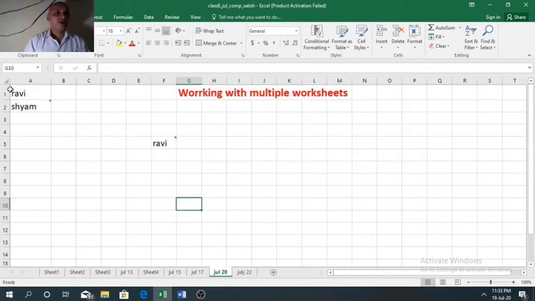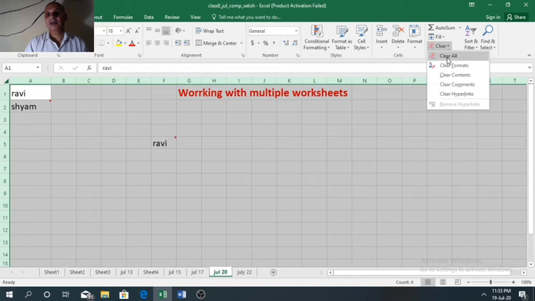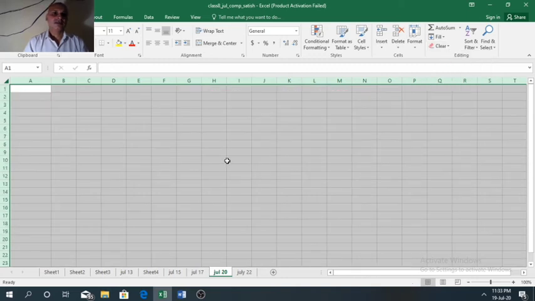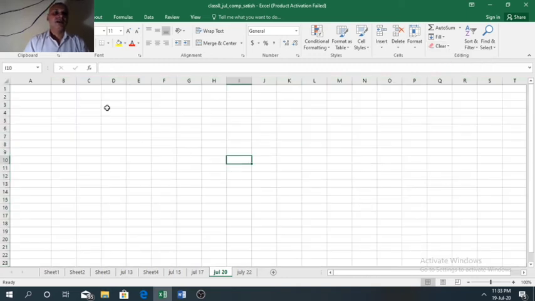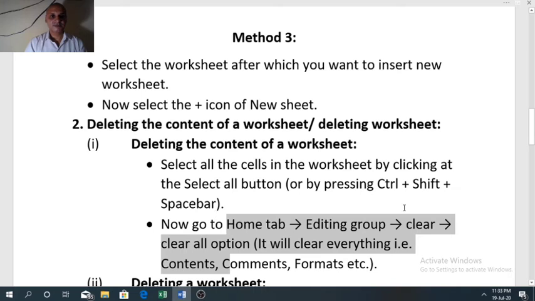But when you follow another method, going to the Home tab, editing option, Clear and Clear All, it will clear the content of the worksheet along with whatever comment is applied and whatever format is applied. So clearing the content of the worksheet is over.